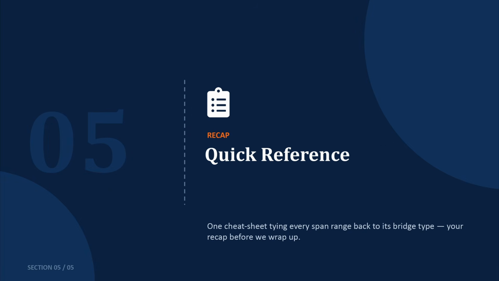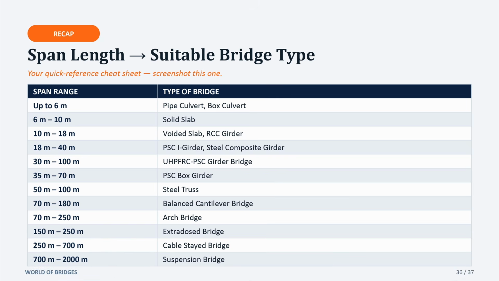That's all 13 superstructure types. Before we go, let's pull it all together into one recap you can actually use. If you remember nothing else from this video, remember this table. It's your entire episode compressed into one cheat sheet. Span range on the left, bridge type on the right. Screenshot it, save it, use it,